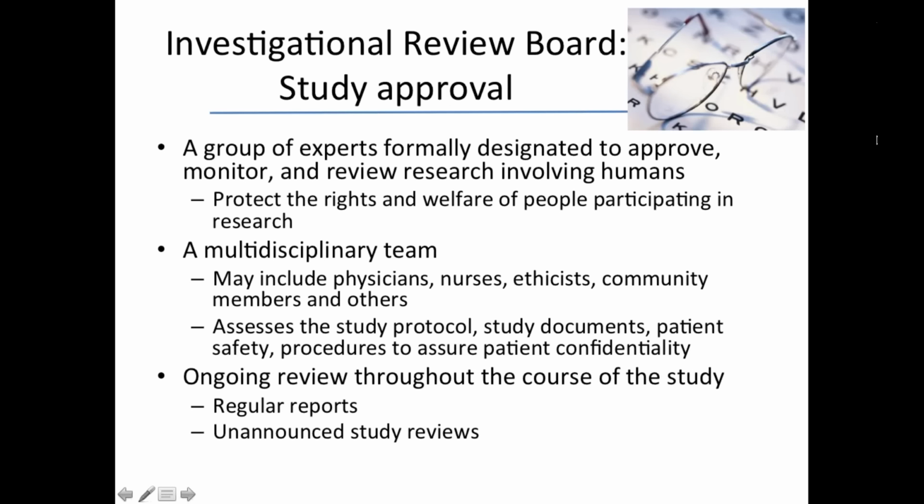So now let's talk about what happens at individual study sites. While all of those things are going on at the FDA and all those approvals are going on among that group of individuals, there are separate approvals that go on to assure that the rights and welfares of research participants are being completely and totally protected. So this is something called an investigational review board, known as an IRB, and every academic institution and private institution has one as well.